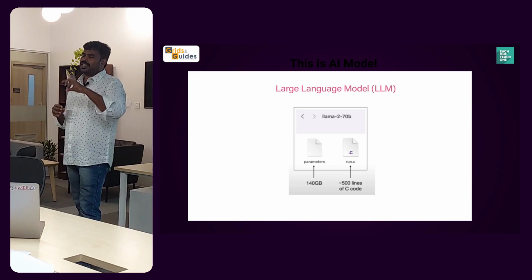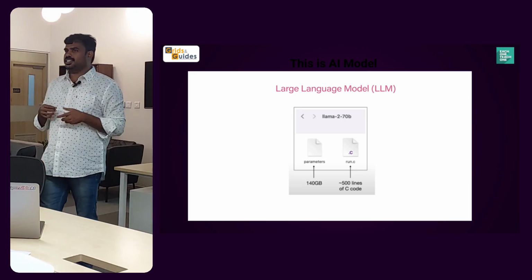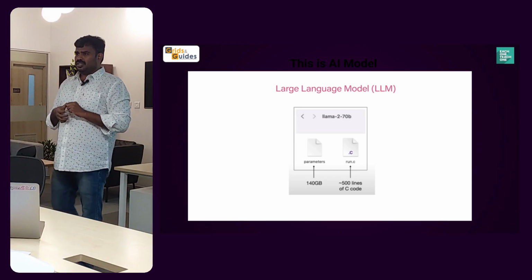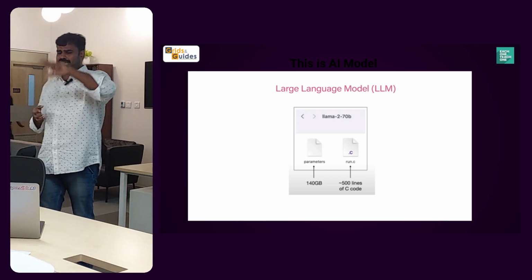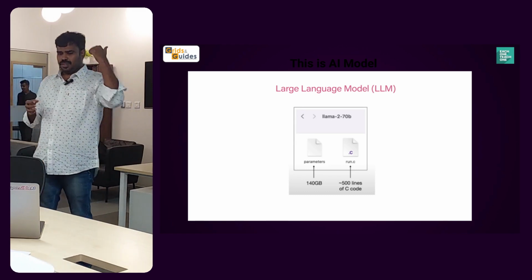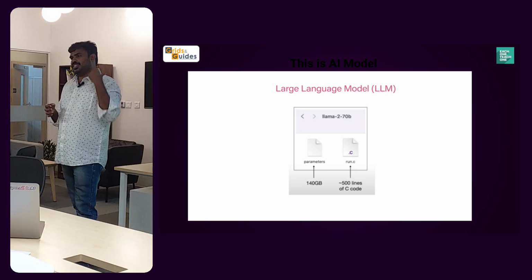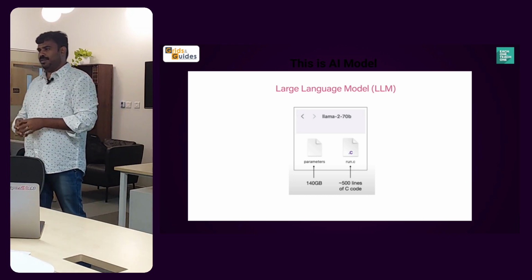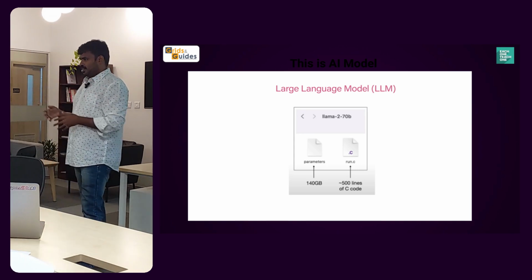Each and every number in the parameters will be a 16-bit number, which will occupy around 2 bytes. So if it is a 70 billion parameter model, then the file size will be around 140 GB. This is what we are saying as Llama 70 billion model, Llama 13 billion model.